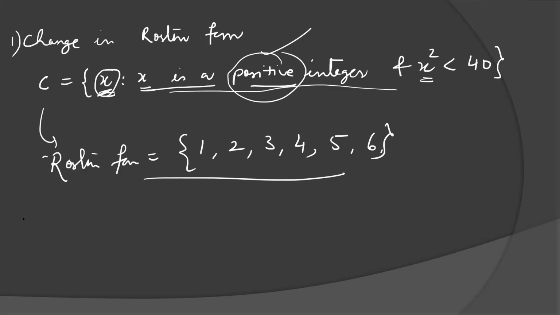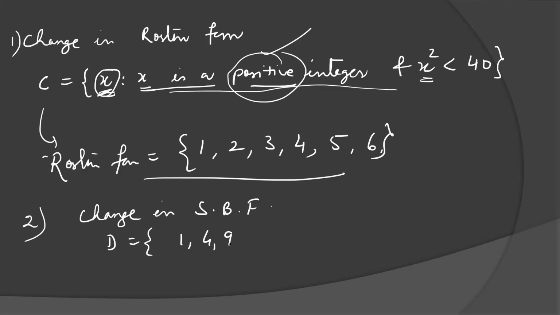Another example of changing a roster form into set builder form. Suppose we have a roster form as 1, 4, 9, 16, 25. Can you see the property of the set here? Yes, this is the square of 1, 2, 3, 4, 5. So we can write the set builder form as the collection of all x,